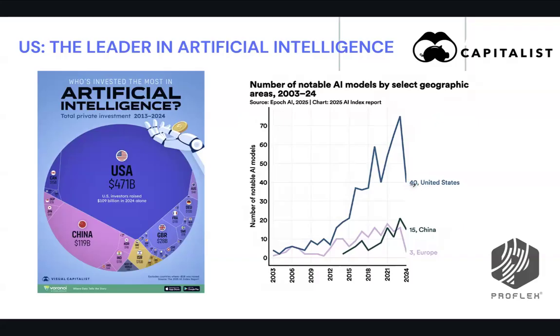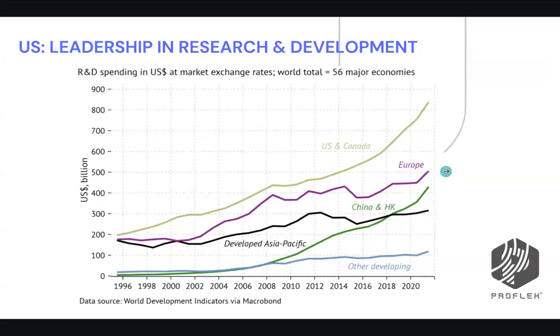So when we talk about dominance in AI, we are also looking at the number of AI models and where we are seeing those. And this also leads into, okay, is it only AI, or across the market? So even if you look at the total R&D spending across different domains, this is the World Development Indicators, which talk about US and Canada. Canada is mostly US investments. This is shown as outpacing almost every other region, whether it's Europe, whether it's China, and other developing countries.